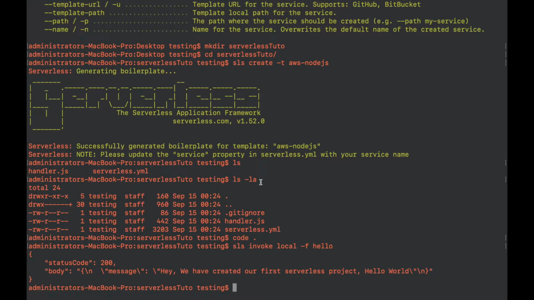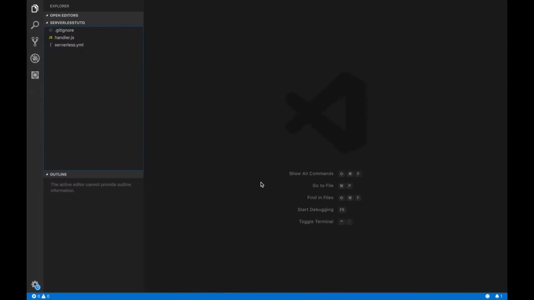In the previous video we learned how to create a function, and we have created it. Now in this video we are going to learn about the YML file, serverless.yml, and we will compare it to JSON, like how exactly they are the same and what things are different. Formats are different, but the things behind them are the same. So let me give you an example and let's jump to the code, and we will write some code here and see what exactly the same things are in JSON and in the YML file.